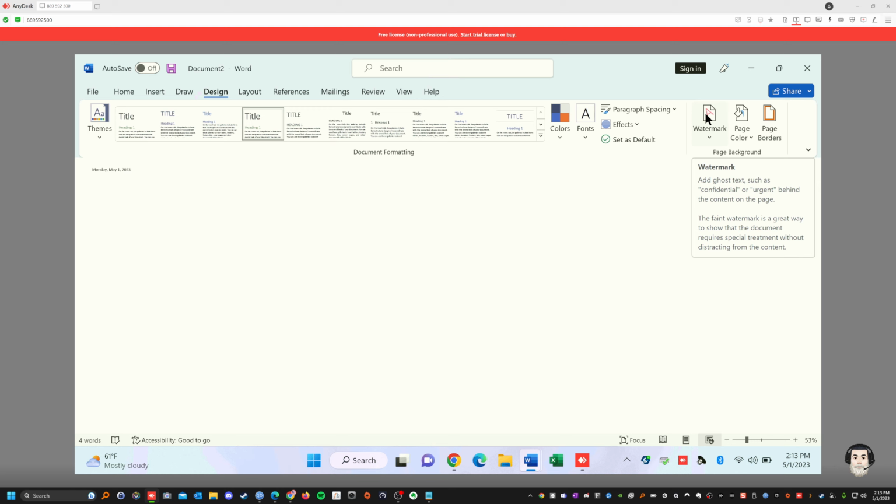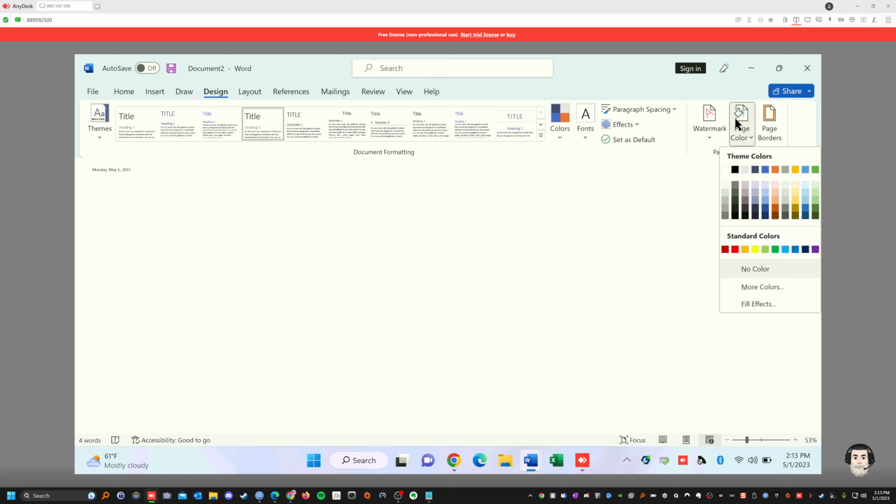When somebody creates a legal document in Word format, then you can put a watermark so you can't be using that same legal document for something else because it has a watermark. You could put in there do not copy or not original, whatever. And obviously the page color, you could splash a color in the page instead of just having plain white. Okay? If I click here, see it gives you different colors.